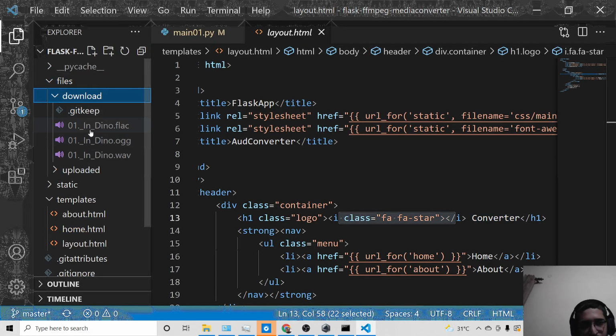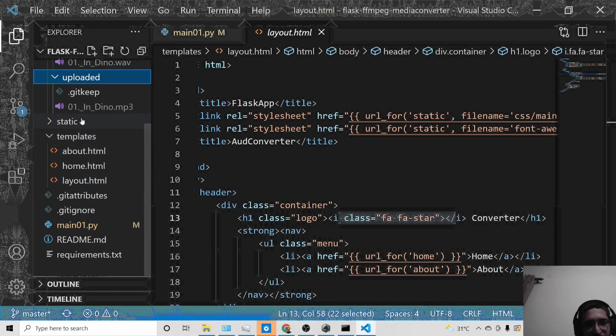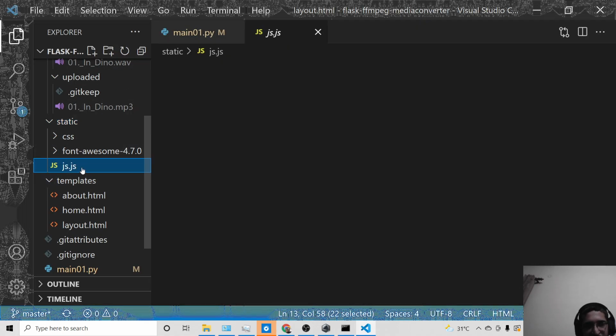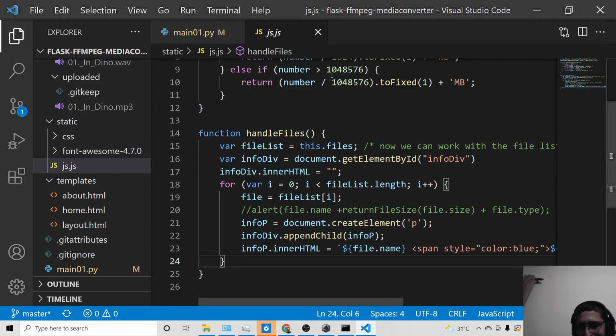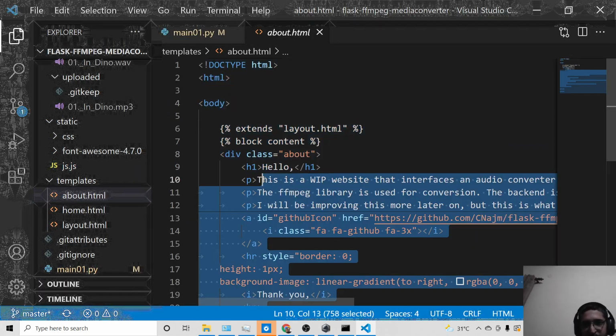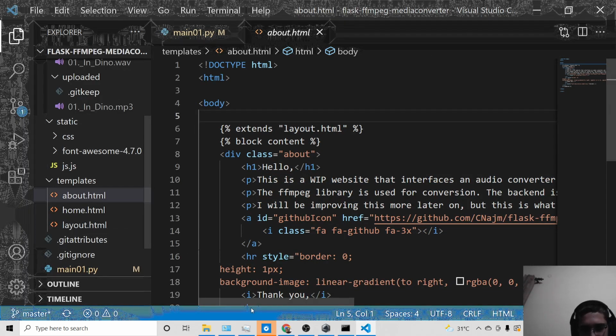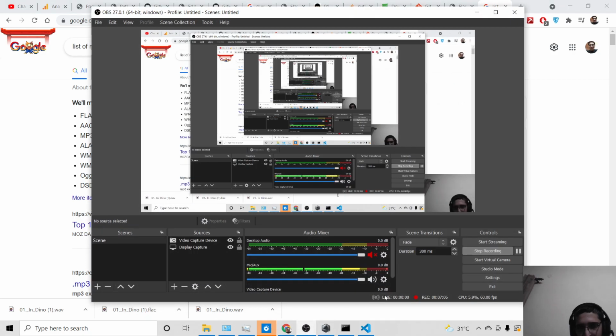This is a download folder where your downloaded files are stored. This is the uploaded folder where you upload your own files. You can also delete these files once you are done. So this is the overall application, guys. We are also using some JavaScript for doing the processing with FFmpeg, and also we are using HTML for the template files. So this is the overall application in the Flask framework. Hopefully you like this video. I will be seeing you in the next video.